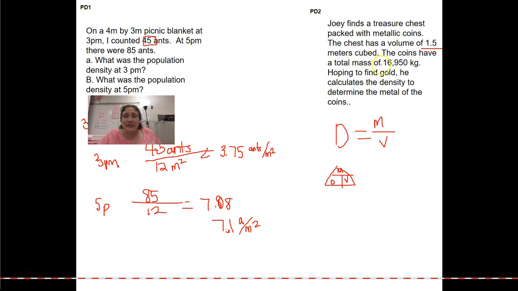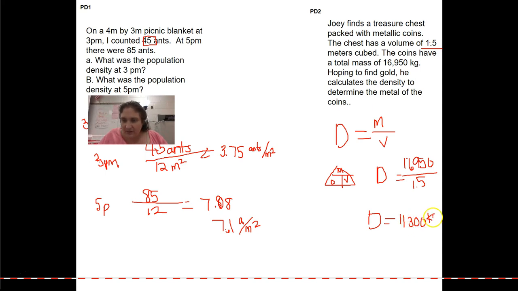So basically all we need to do is we're going to take the mass, which is 16,950, and we're going to divide that by the volume that they tell us, which is 1.5. And that's going to give us our density value. So we've got 16,950 divided by 1.5, which gives us a density of 11,300